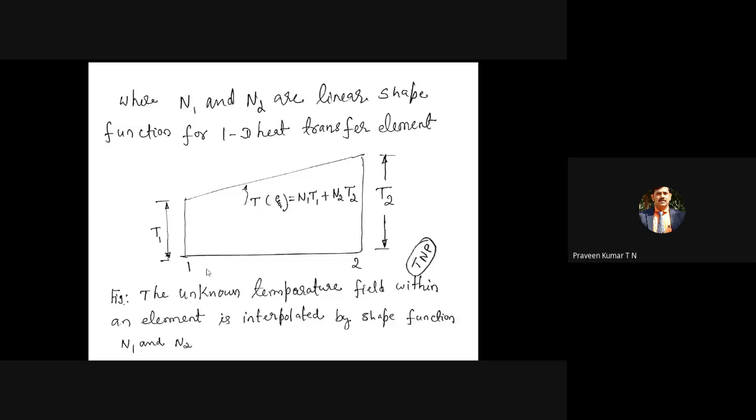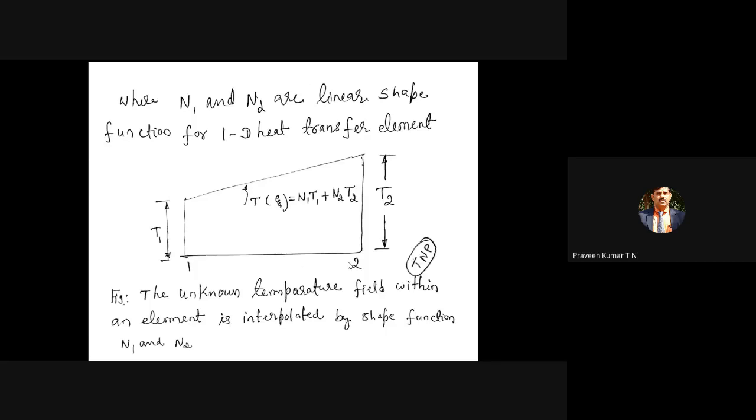So we know how temperature changes from this point to another point. Suppose here the temperature is 100 degrees Celsius, and here let it be around 500 degrees Celsius. How does the temperature change from this end to the other end? If you start heating a rod from one end, how does the temperature change from that end to the other end? That is the rate of change of temperature, normally with respect to x, but you are following the natural coordinate system.